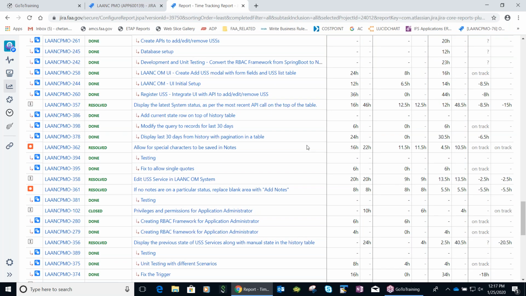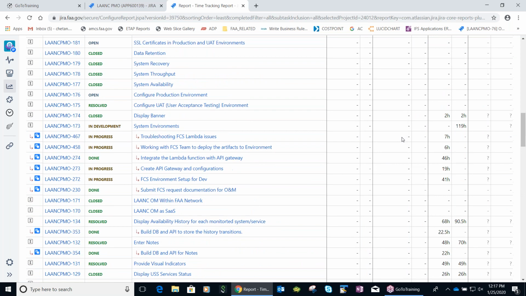For example, that's a subtask of 6 hours. It is also giving whether you are on track or negative. They are giving you that data as well.